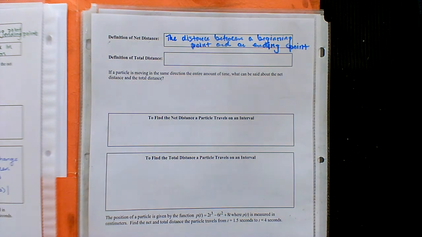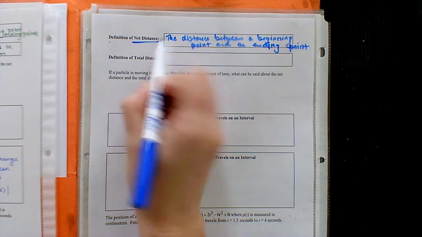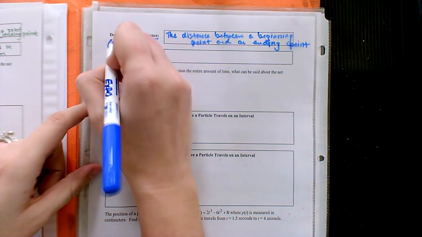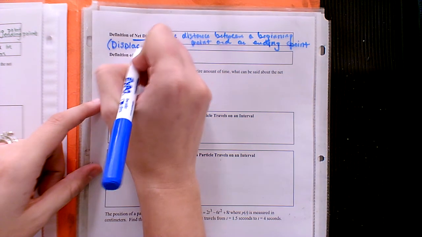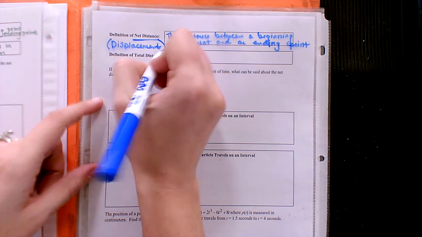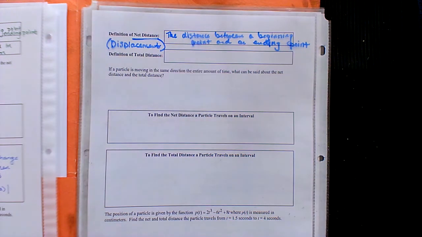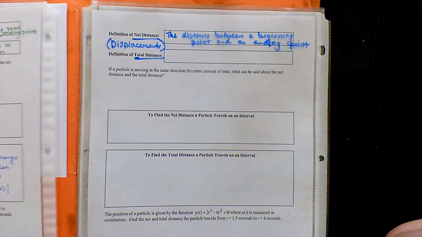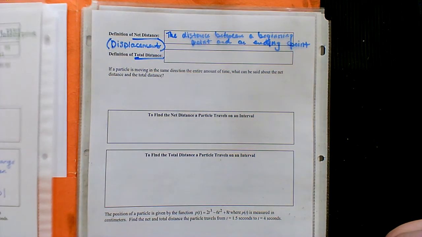If we write down that definition, do you know net distance as a different phrase? Maybe you've used it in physics. How far you are from where you started? Displacement. So I don't care how many times you change direction. We're just worried about where you start, where you end, and the distance between those 2 points. Okay? Total distance, on the other hand, is a little different. How can we calculate total distance?